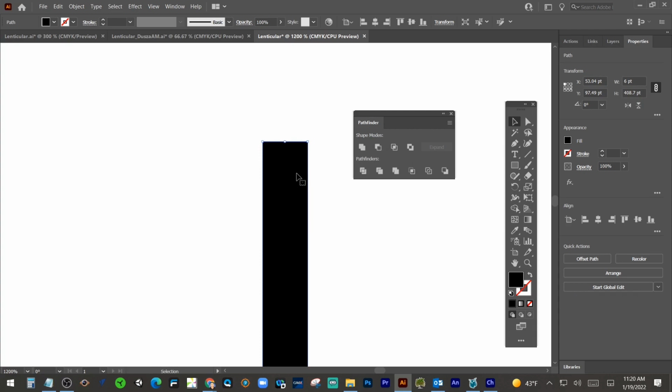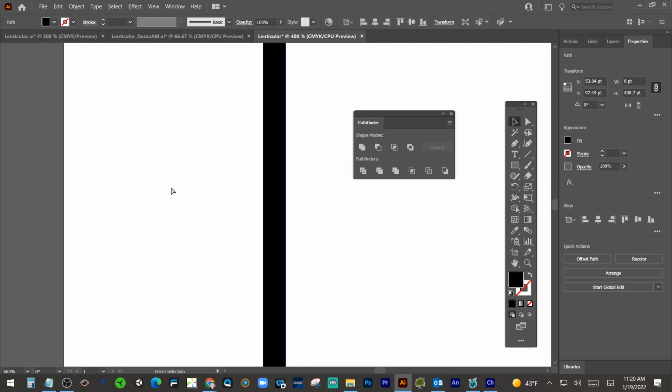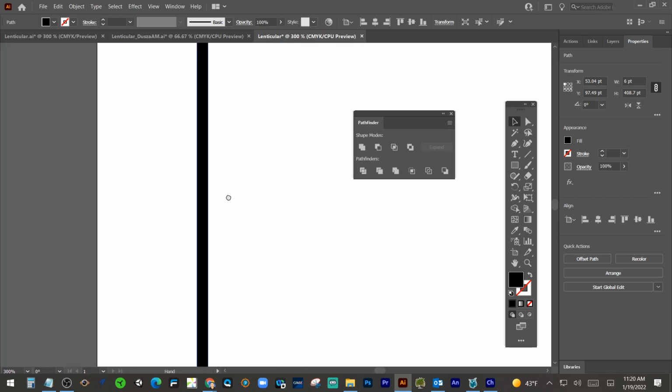It makes them all into a shape, which should be 6 points wide. Did we all get to that point, or should I combine again? All right, we're almost there, a couple more steps. So now we have this one shape that is 6 points wide, and then we want to have